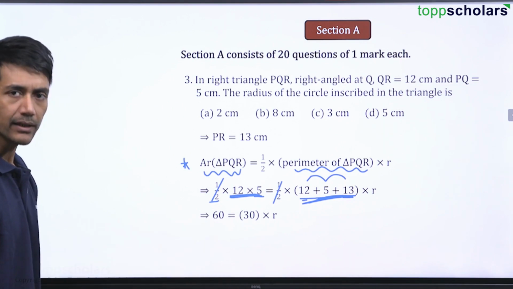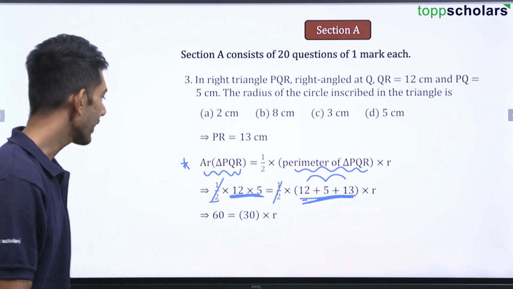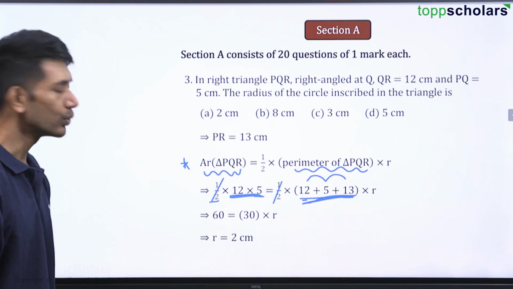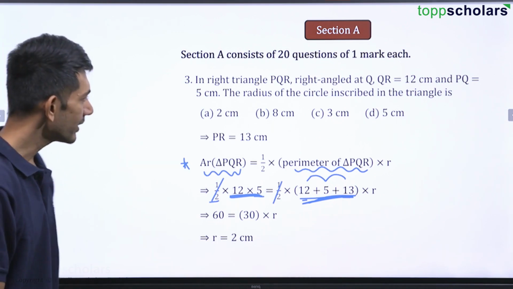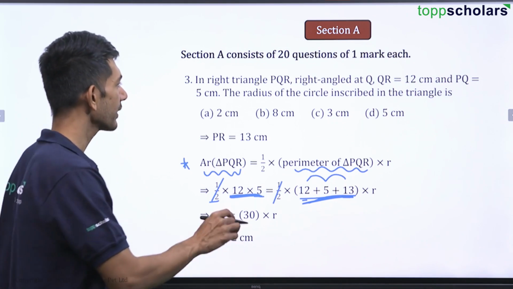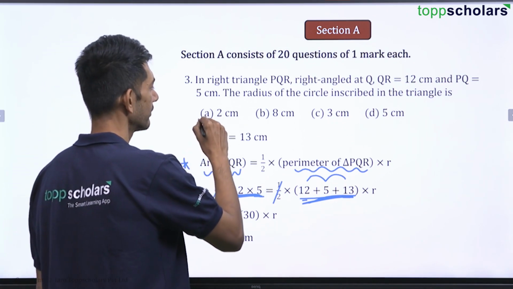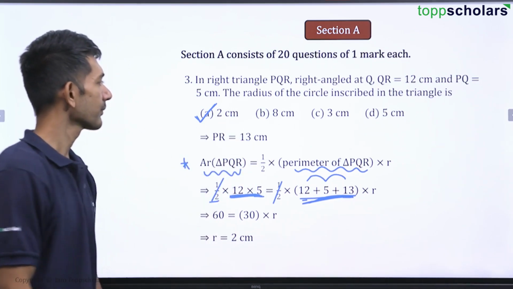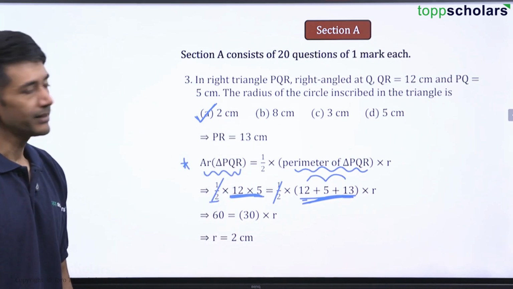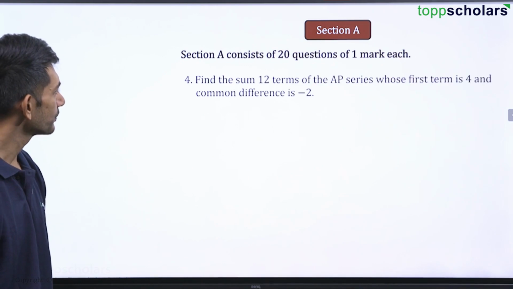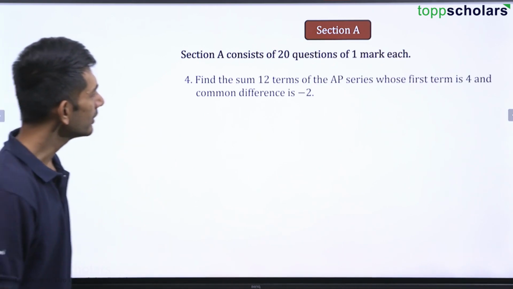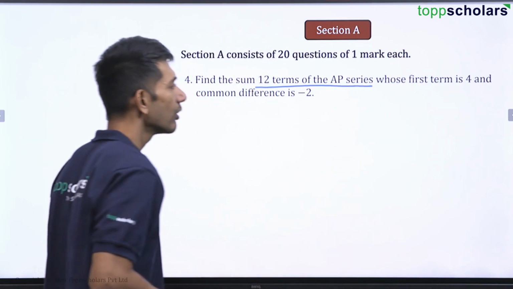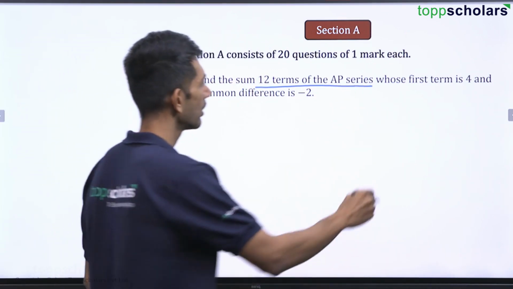Now you can divide 30, you'll get the value of R. So the value of R will be 60 divided by 30 and the value of R that you get is 2. Easy. So 2 centimeter is nothing but the radius of this particular triangle. So this is radius of the circle, not the triangle. Perfect, easy. Let's continue. Find the sum of 12 terms of the AP series, whose first term is 4 and